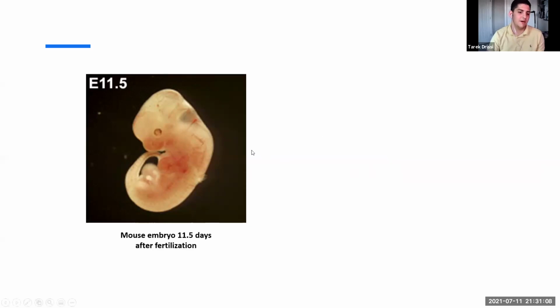And yes, this is a mouse embryo, 11 and a half days after fertilization. So in less than 2 weeks, you go from a single cell to this, which is quite amazing. I mean, this is under a microscope, but you can't even make out the cells because they're too small still. So this is, I'd say, millions of cells right here, from a single cell to millions in less than 2